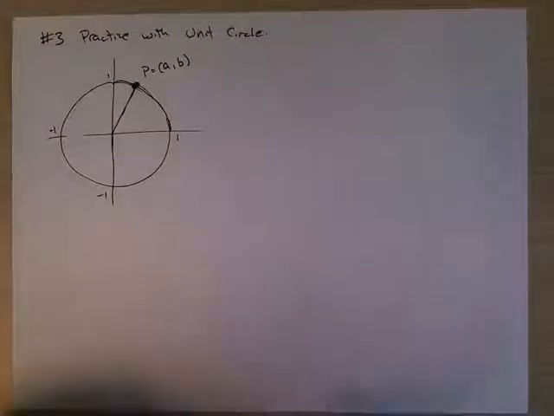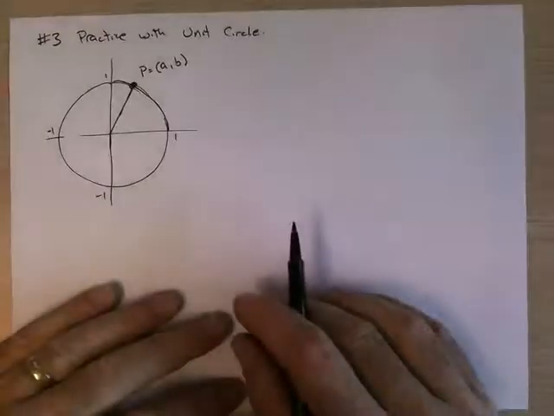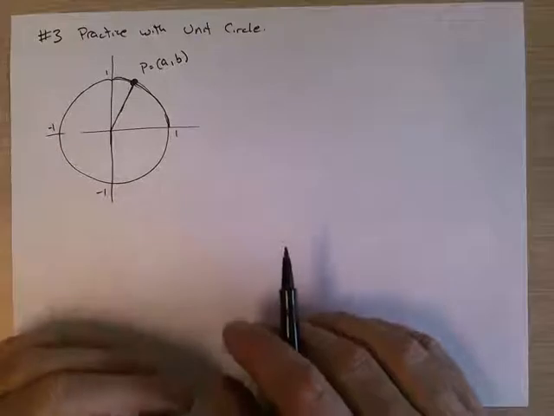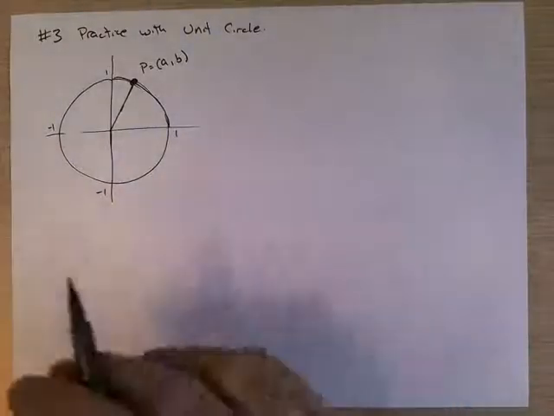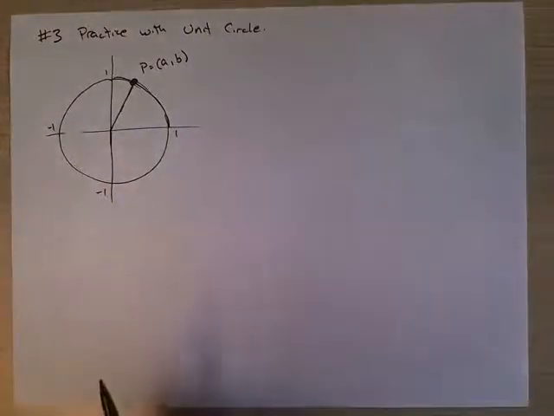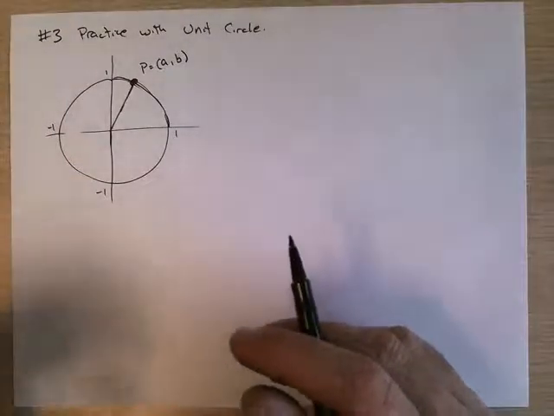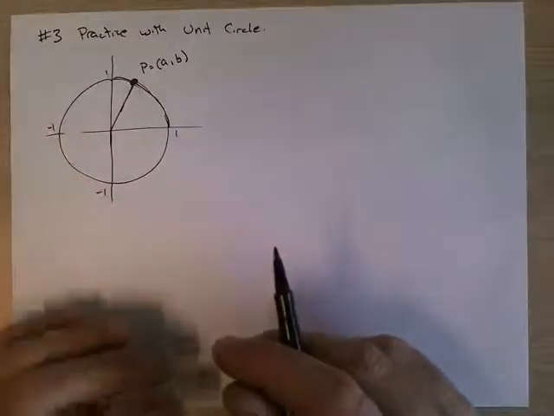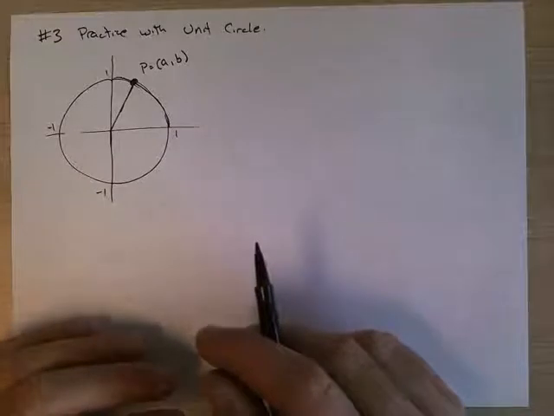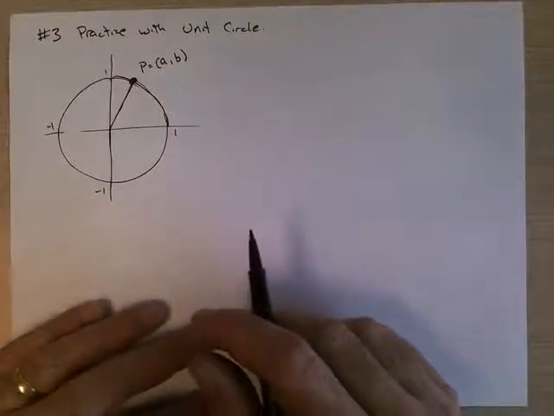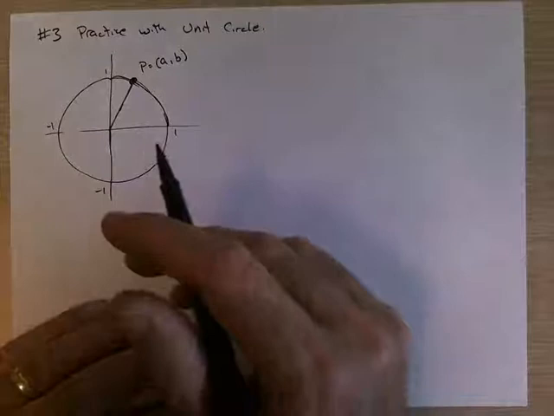So this is number 3 in the practice with the unit circle. The terminology being used, I can understand where your question is, because it sounds different. It's stated as if the terminal point determined by t is this point P of (a, b), then blah, right? So the thing is,